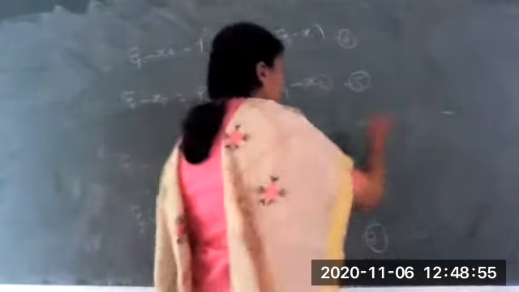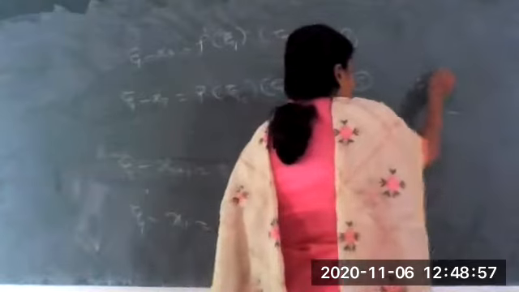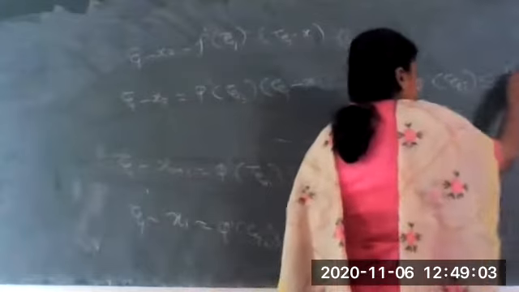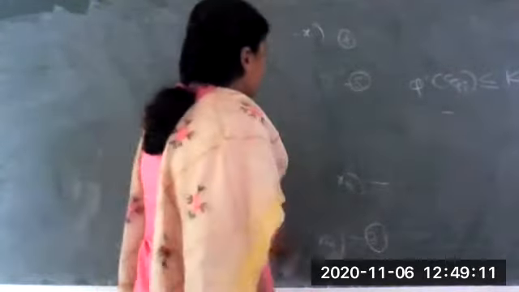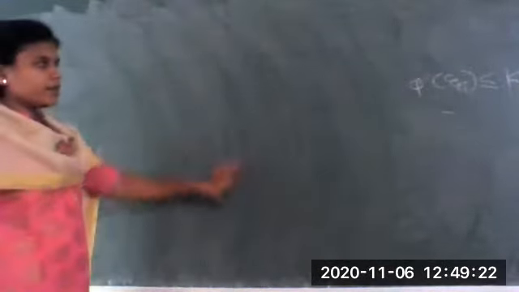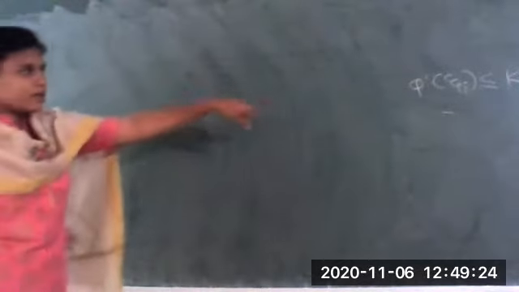Now, what is provided to us? Mod of phi dash of x is less than or equal to k. We are provided in the theorem that mod of phi dash of x is less than or equal to k, which is less than 1. So mod of phi dash of zeta is also less than or equal to k, which is less than 1, which will be true for zeta i also. So in all those equations we have obtained, the values of phi dash are less than or equal to k, less than 1. Hence the equations can be reduced.